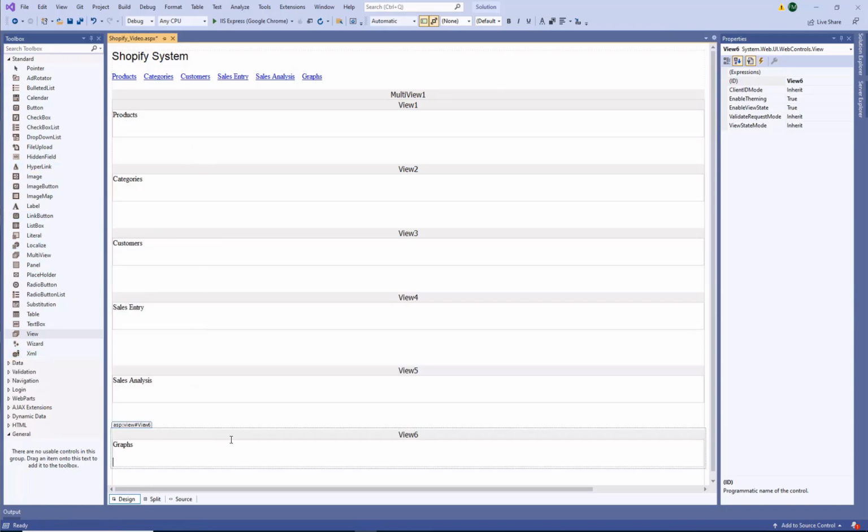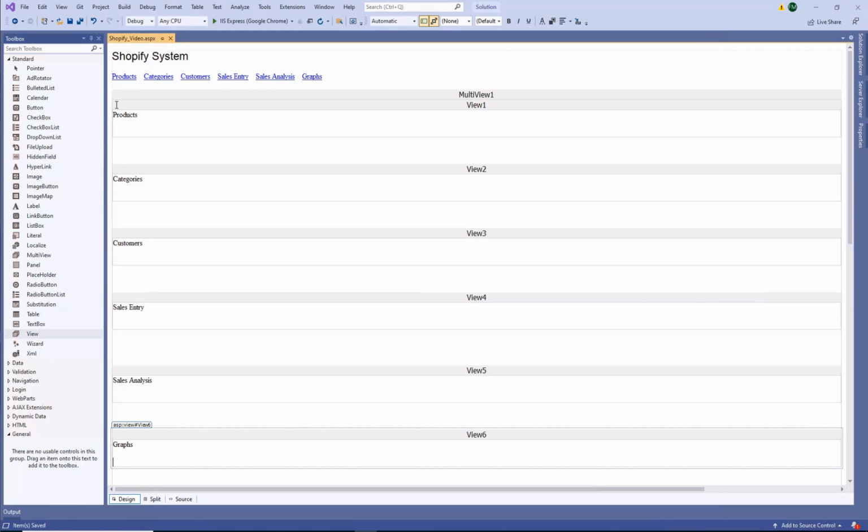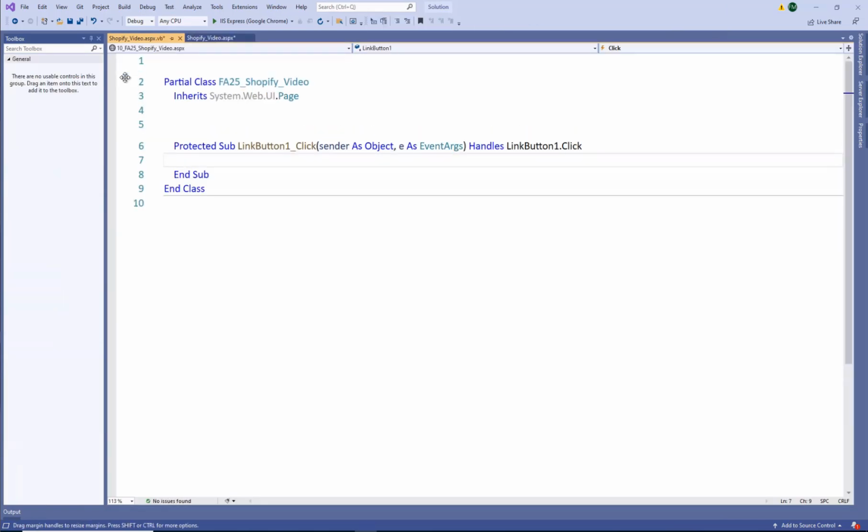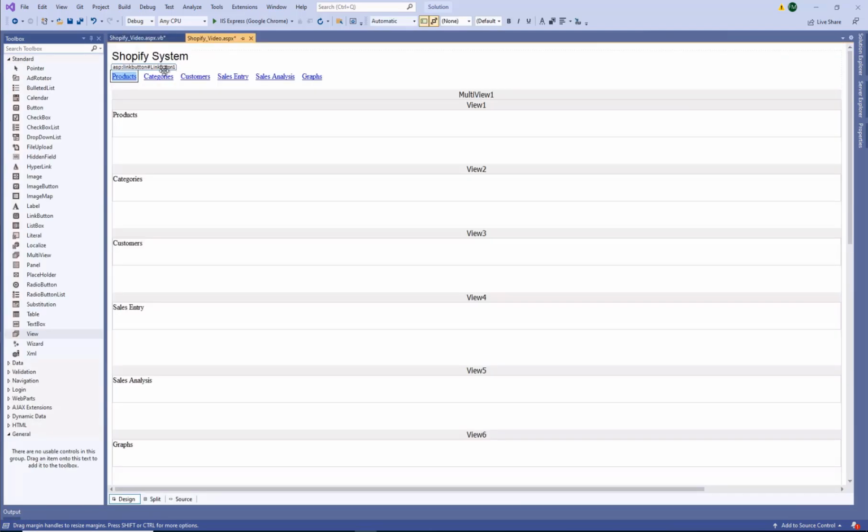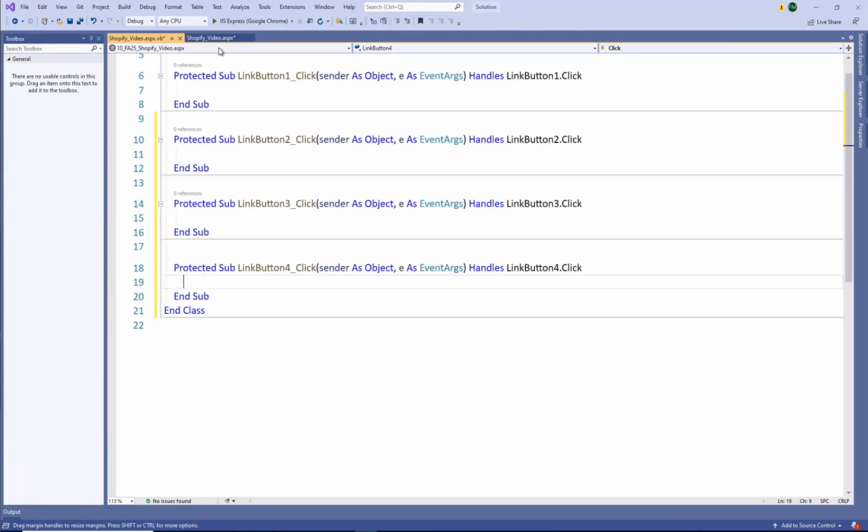So I added all 6, and it just occurred to me we're going to maybe need another view for editing sales or reordering. I'm sure there's 5 other things we can do, but notice this asterisk here, so go ahead and save that, and you want to save things every once in a while. We don't need properties anymore, so that window can go away. All right, so here's the next step. Double click each of those one at a time. So now we're going to add the code that actually